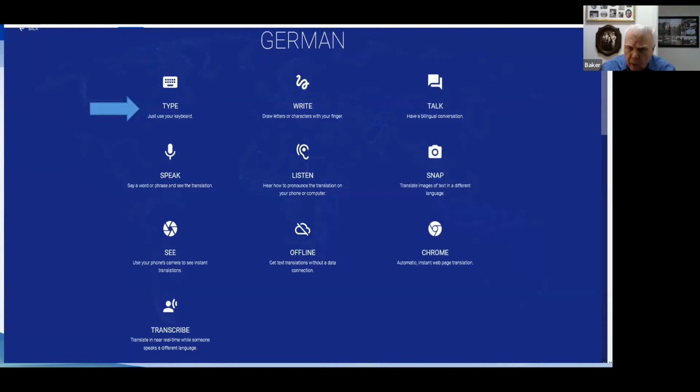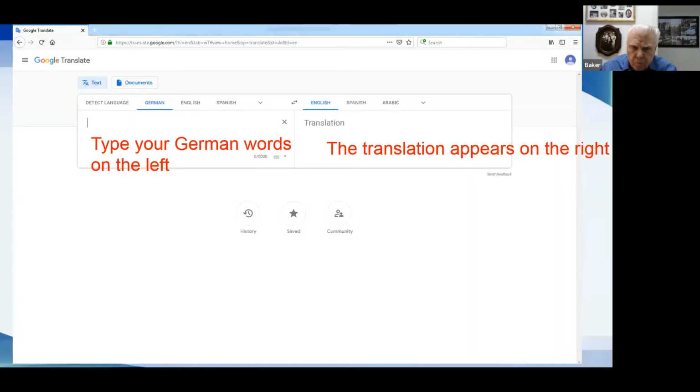advanced. They're now set up so that you can just speak the words and you can get them back translating one language to another, and there are several other options with their translation program, several of which I think could be useful for our genealogists. So here's the example of the most simple-minded arrangement, where you just type the German words on one side and you ask for the English on the other.